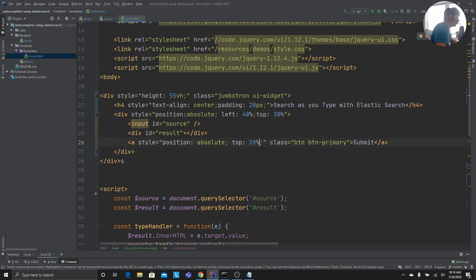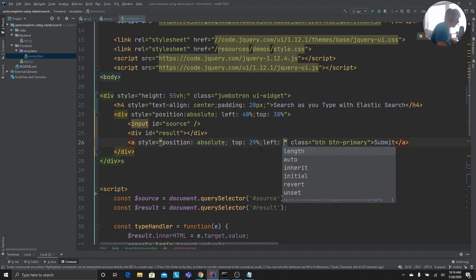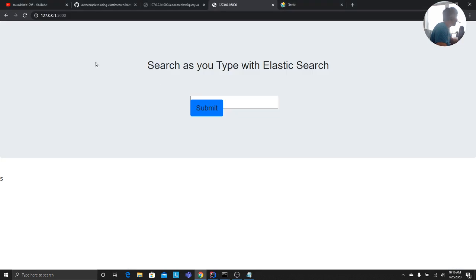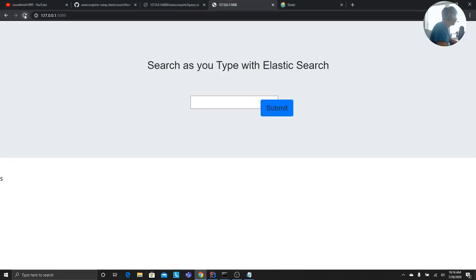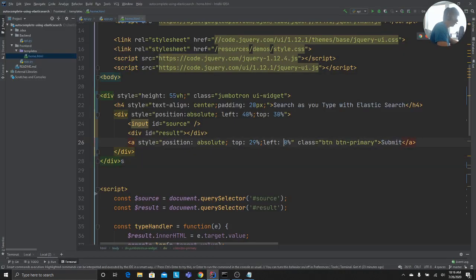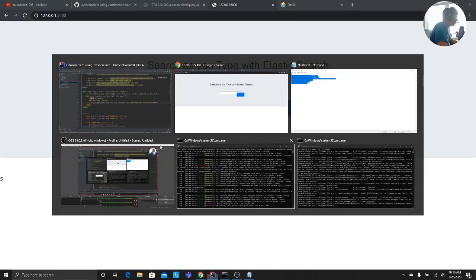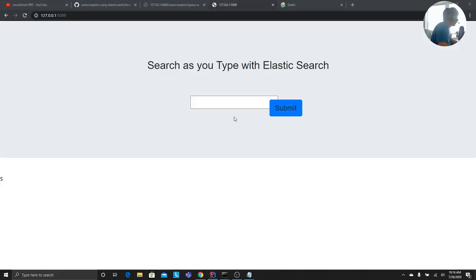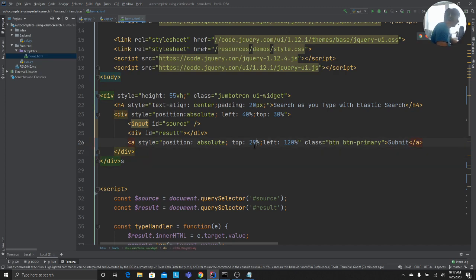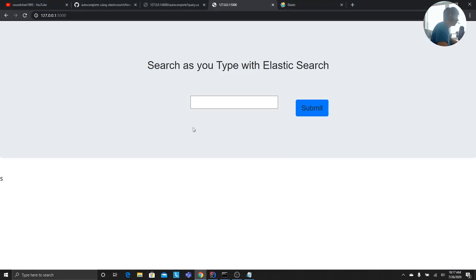So now all I need to do is move left about 40%. Perfect. Well, a little bit more, so 50%. I guess a little more. I can use Bootstrap, the grid and all of that, but it's okay. Let's keep the video small. Let's not worry about the CSS and let's worry about the functionality, what I'm trying to show you. Okay, so let's do just 120 and see if that works. Perfect. Just need to move that a little bit up, so 27% maybe.